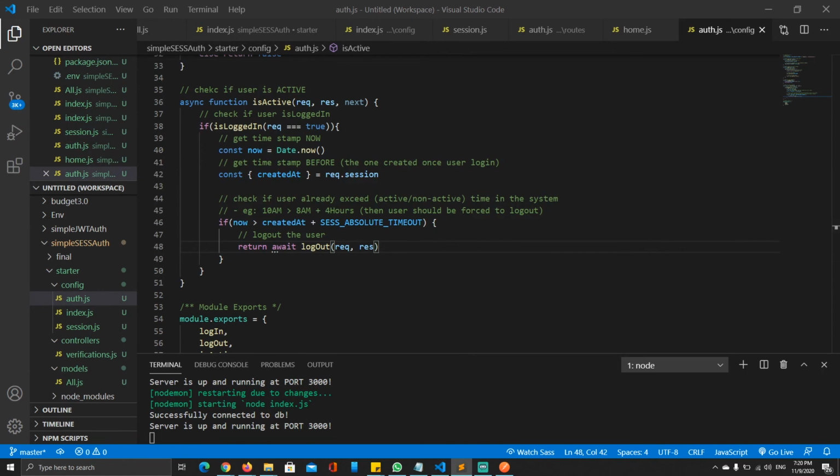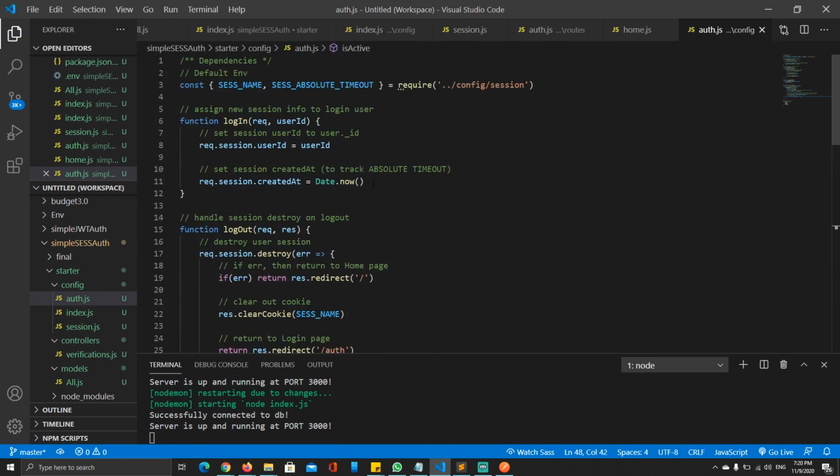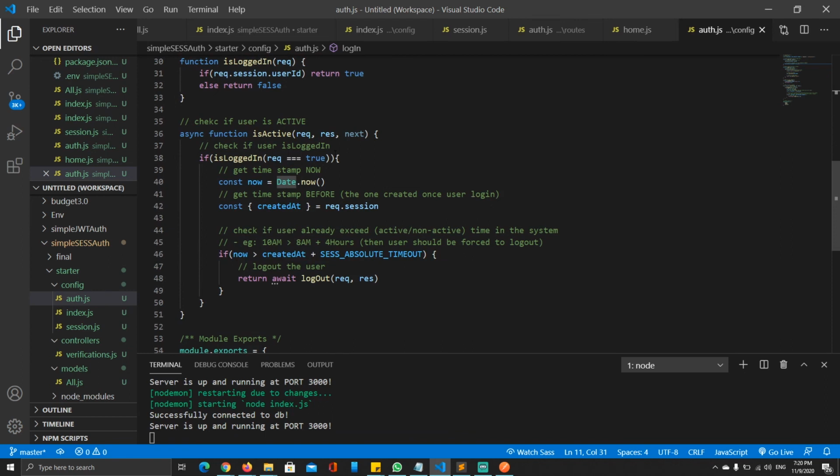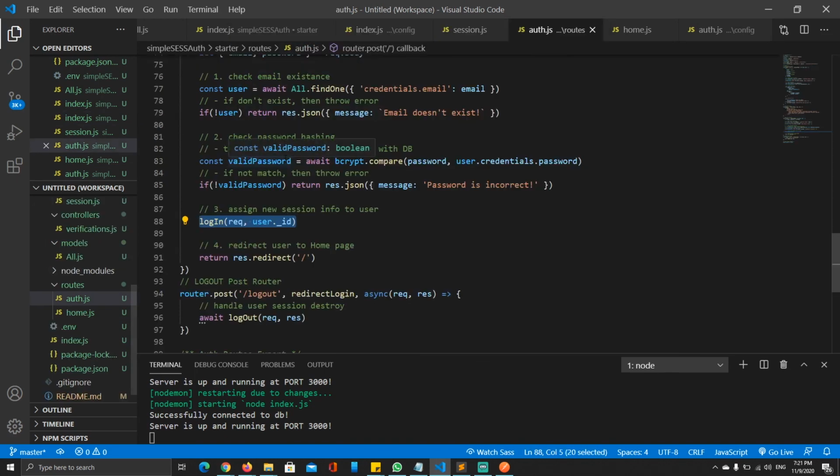Let me see. We're basically going to keep track of the user session, basically how long the user stays on the system. Once the user logs in, we're going to keep track of the user's timestamp, the session's createdAt, right? And then we're going to keep track every time, since this function is called in our main